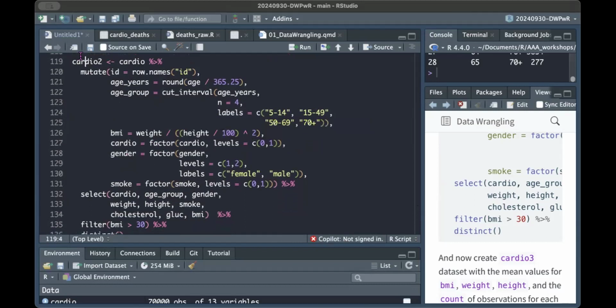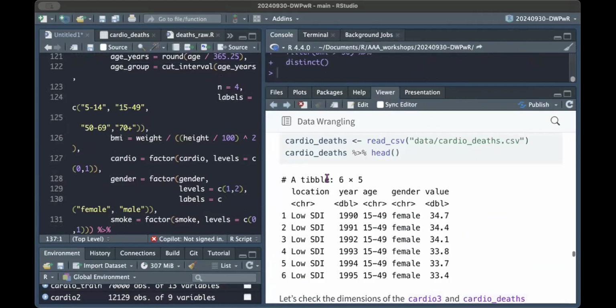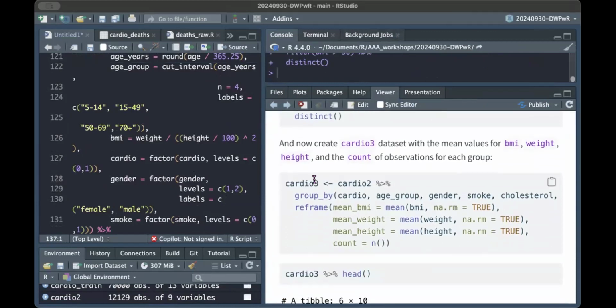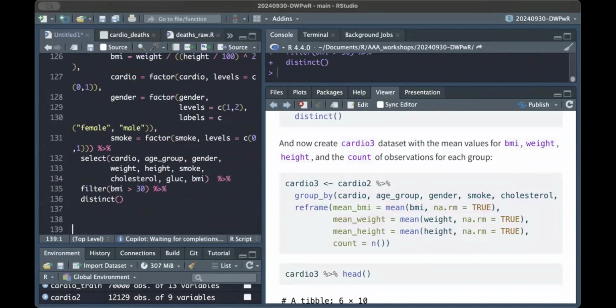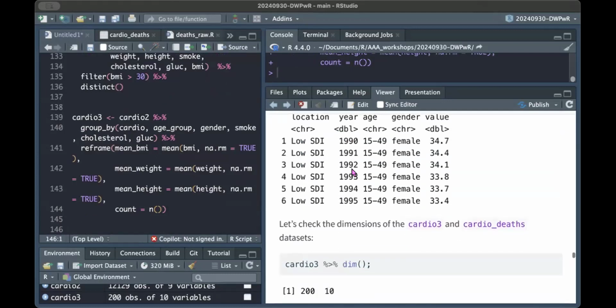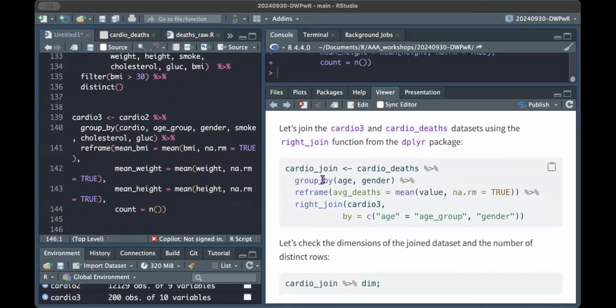And so let's run this, and then finally merge the two data sets with cardio deaths. So I created a cardio 3 because then I grouped this by all variables and then reframed it to create mean values. Okay, just to show you, you can with time have a look at that, and it will be very useful. So just to show you now how to join the two, we can use in this case a